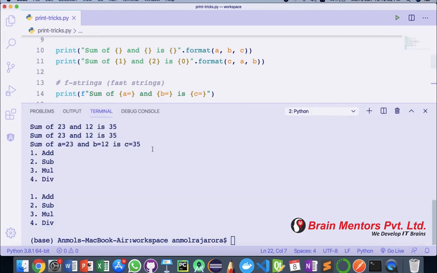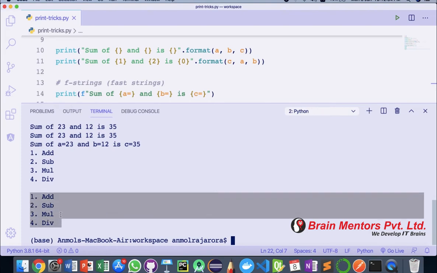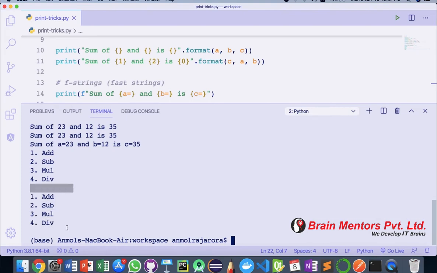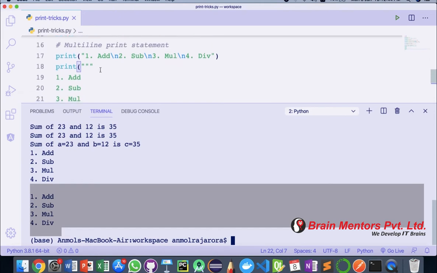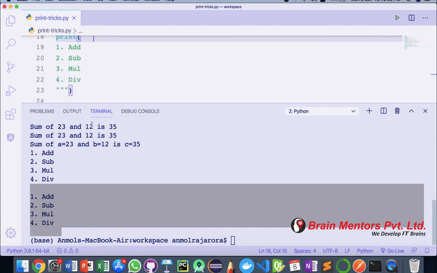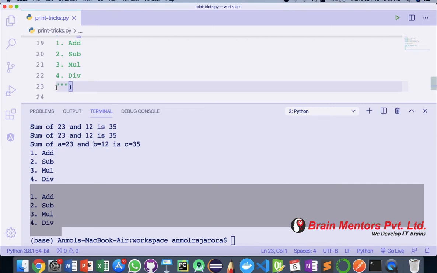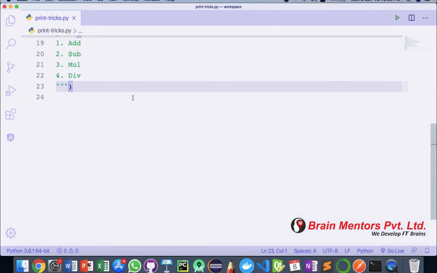See here, now it looks better, and it has even given me an empty line here and an empty line after the menu also, so it's more readable and it actually looks like a menu. Now why is the empty line coming here? Because I have left this line empty after the 3 quotes, and here also I have left the line empty before writing anything. I have closed the quotes in the next line. Because of that, one line is coming empty before the block and one line is coming empty after the block.